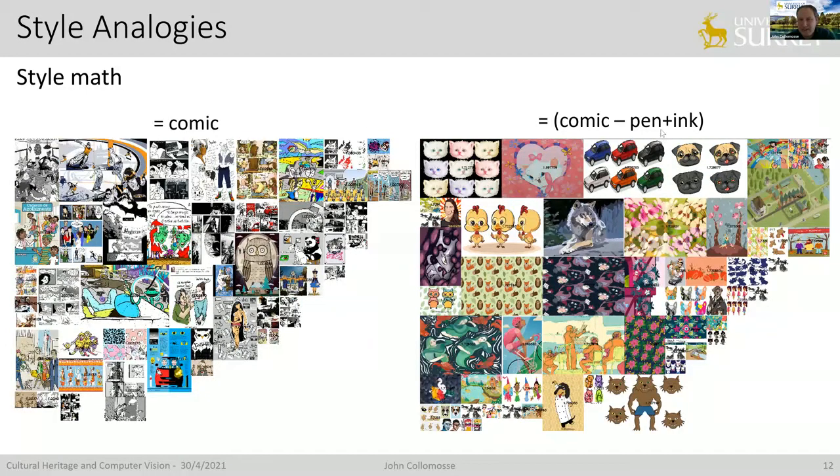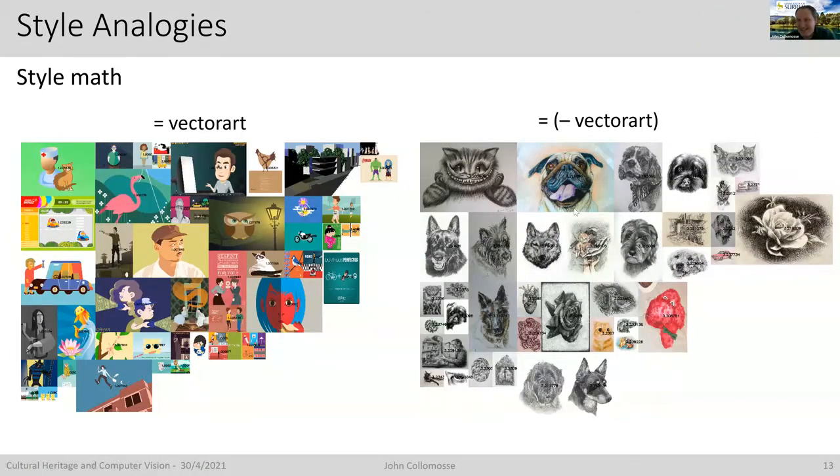But if we ask the system for comic book without the pen and ink, you see that the system has learned something of the kind of repetitive nature of comic strips in terms of their layouts, and also the kind of vector art that accompanies those. And in this case, if we do a search with vector art, we can ask the system for the opposite, or negative, vector art, and it comes back with these kind of naturalistic sketches, which actually weren't part of the training set. So it shows the system can generalize beyond its data, which is very interesting.